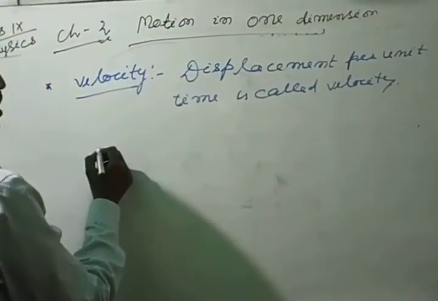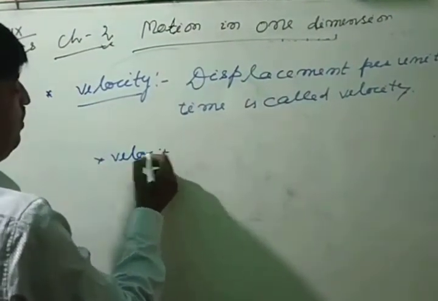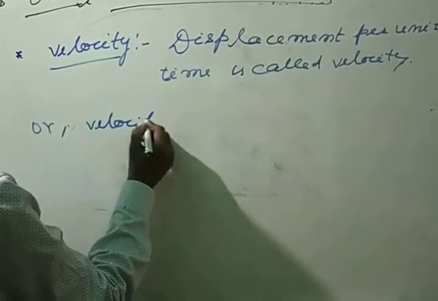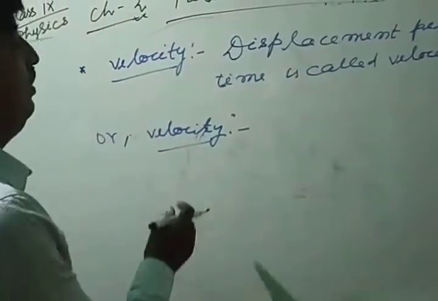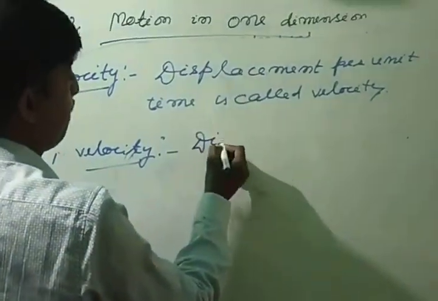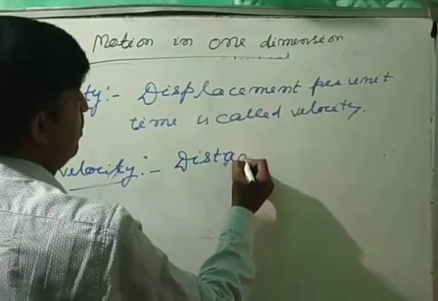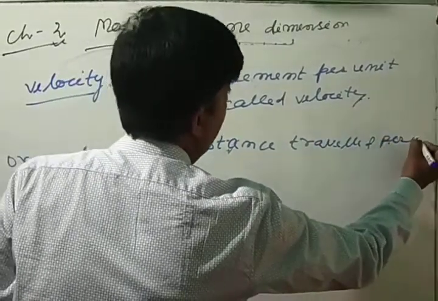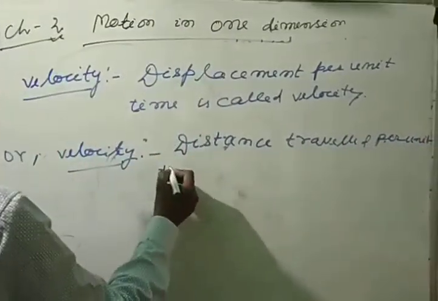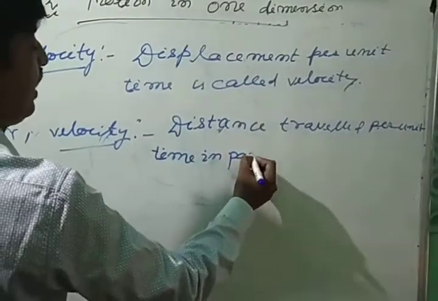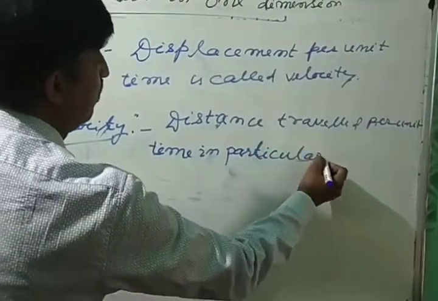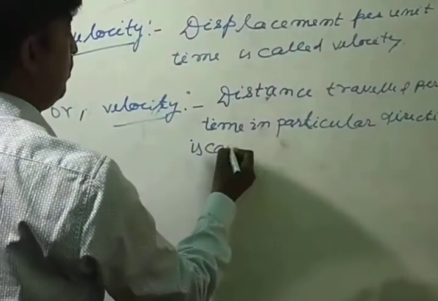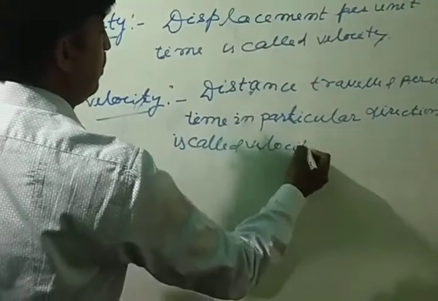we can give another definition. Velocity is equal to, next definition of velocity, distance traveled per unit time in a particular direction is called velocity. Or